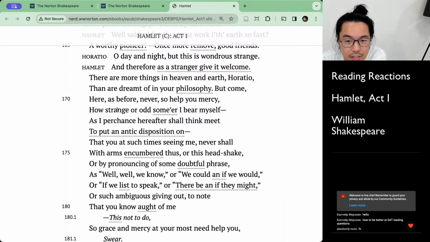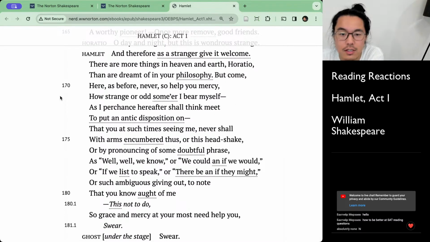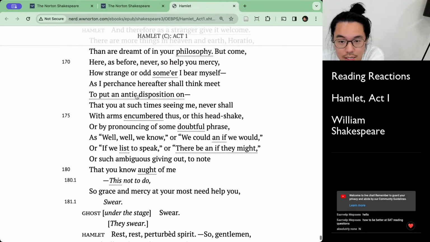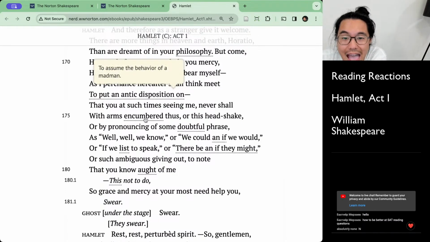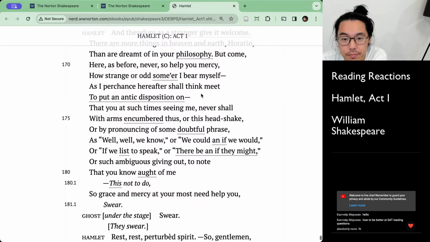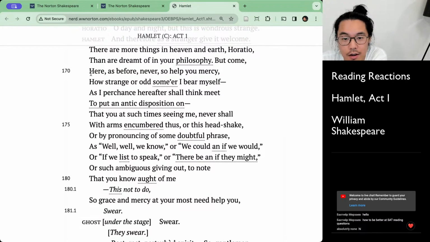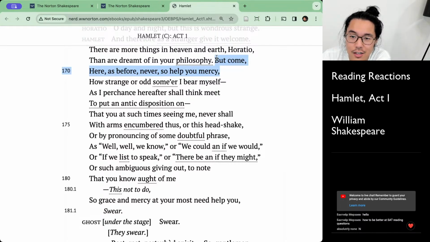But come here as before, never. So help you mercy. How strange or odd some ever I bear myself, as I perchance hereafter shall think me to put an. And now, here as before, never. So help you mercy. And it's actually crazy how much Hamlet interrupts his own speech all the time. He sounds like a crazy person. How strange or odd, soever, I bear myself,